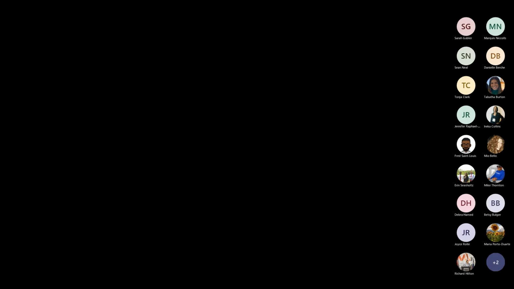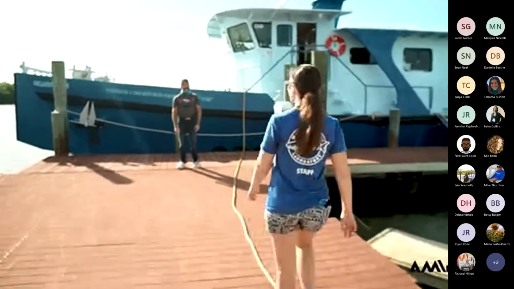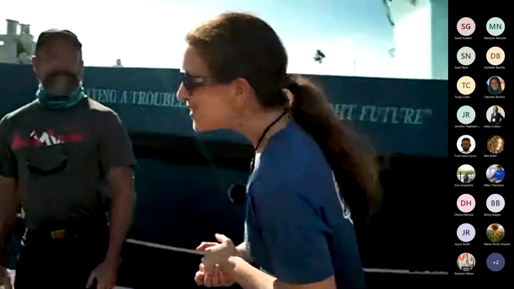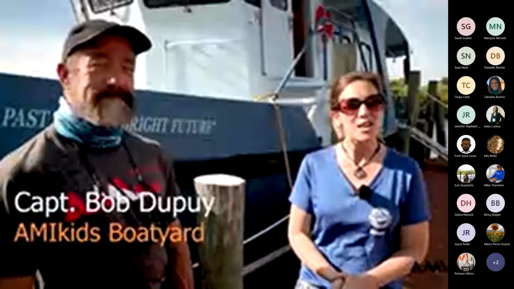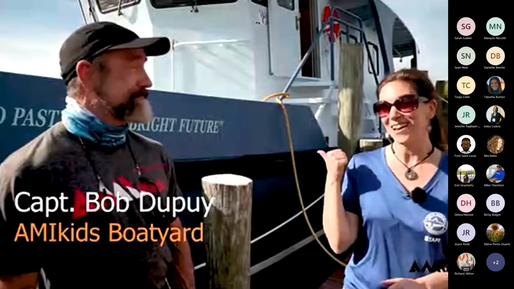And let's go check out the boat and see what kind of environment we have out there. Hey, Bob. Hey, Alison. Everyone, I'd love to introduce you to Captain Bob. He's the one in charge of taking us to all the best sampling spots and, of course, keeping us safe on the boat. Hey, Bob, would you mind taking us for a tour of the boat?